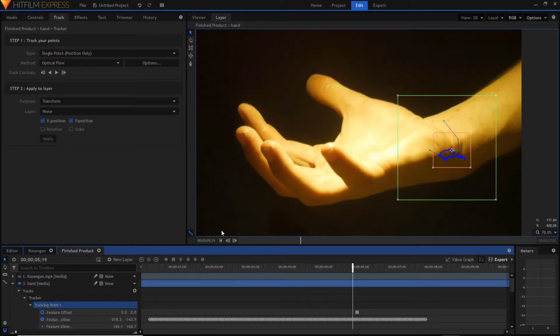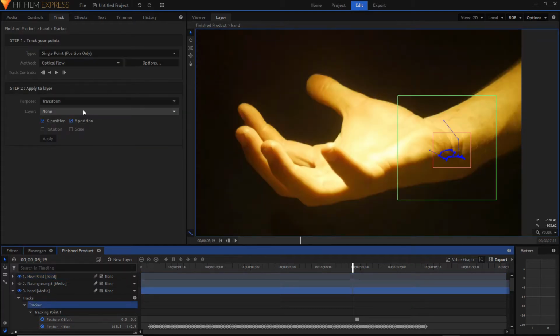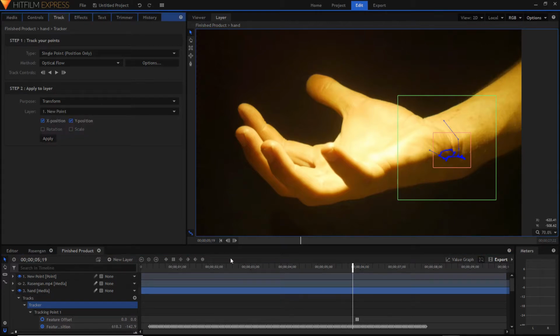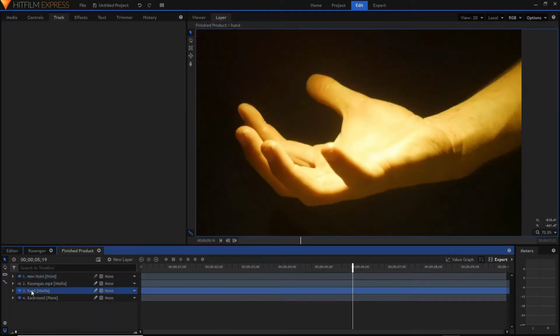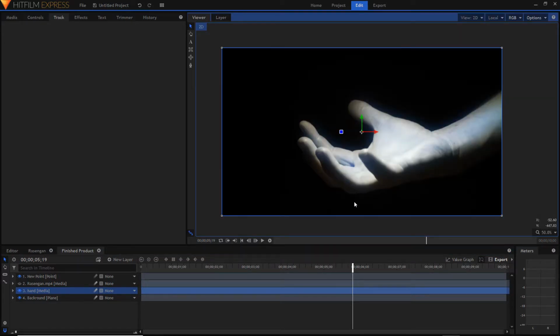Anyway, now that this is done, you're going to want to hit new layer and point. That'll take everything away here. It's fine. Just click this tracker again and that'll bring it back. Now you go to layer, click new point and apply. And that'll take this tracking data right here and put that motion onto our new point. So we can close this and we change from layer to viewer, and that'll take us back to our main